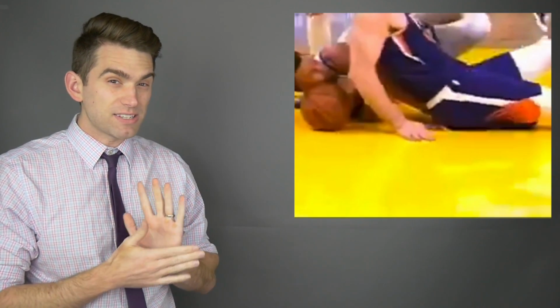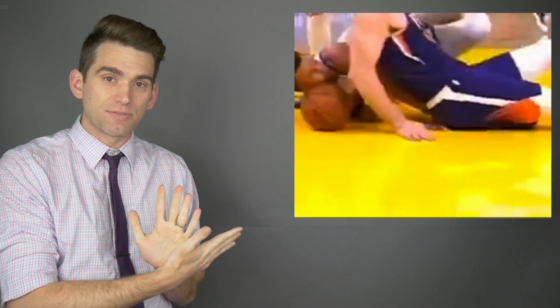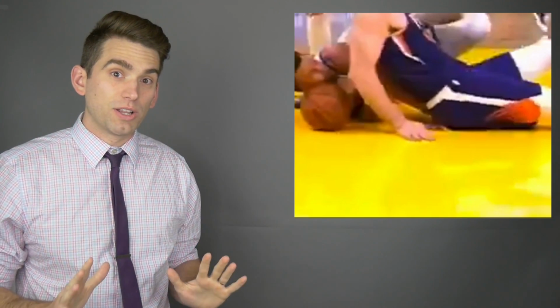Now, if you watch through the end of the play, it's possible the fracture might have occurred more when Baines kind of rolled back on him, as opposed to just that initial impact of the ground, just because his hand gets kind of bent upward under him, a little bit awkward here when Baines kind of falls back on him. So that could be a possibility too, but we're going to talk specifically about what it looks like happened with